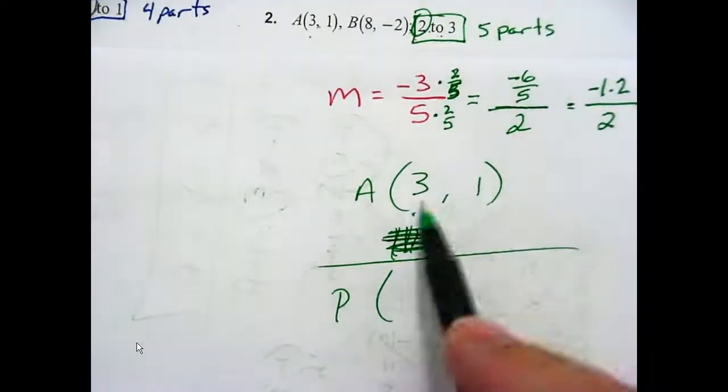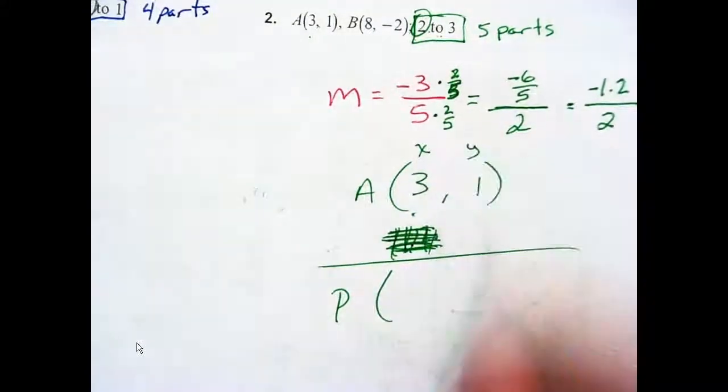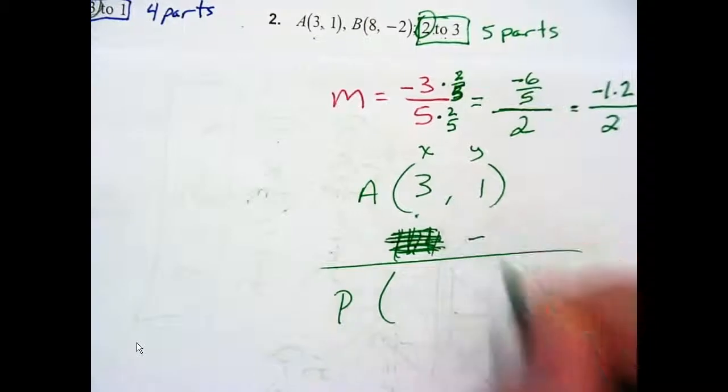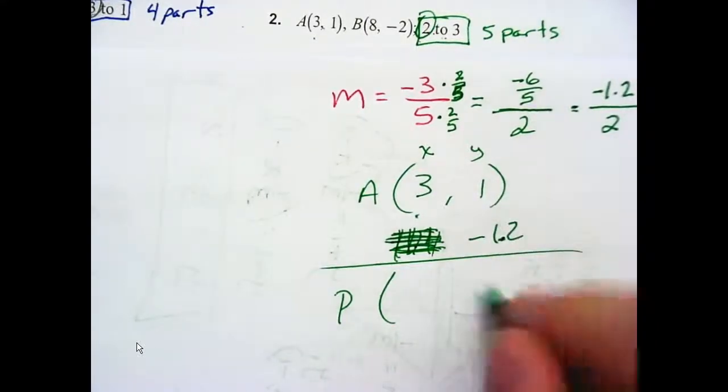Yeah, I put it on the wrong axis. I put it on X. Right? This is my X. This is my Y. It's got to happen over here. All right? So we're going to fall 1.2. Which brings me to